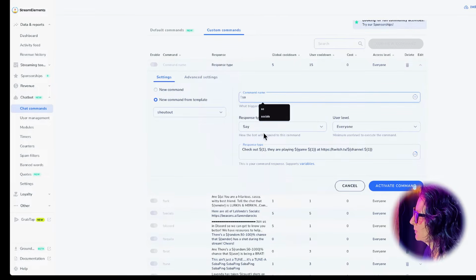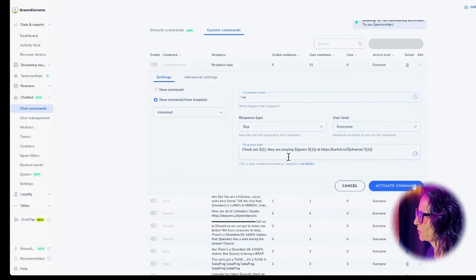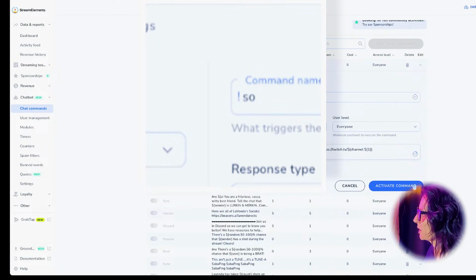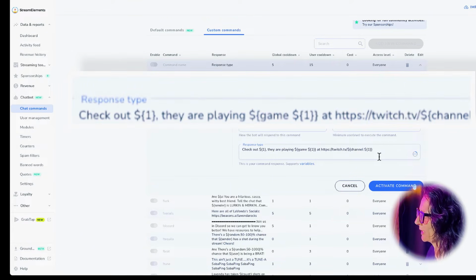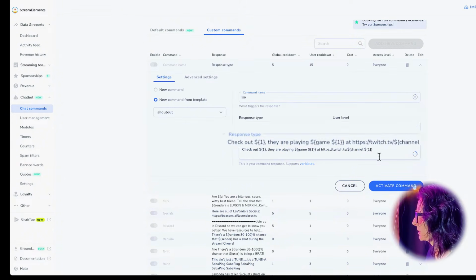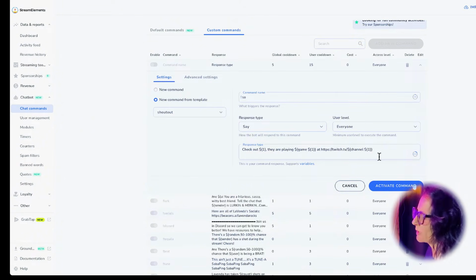like you know what you're doing, even if 5 minutes ago you didn't. So on this one, we do it from our template. We're gonna add the new command, go to New Command from Template, and choose Shoutout. Now, it's already given us a response type. All we need to do is name our command. So something easy is just SO for shout out. Now, anytime you type !SO in your chat and then at whoever you're shouting out, it's going to give this